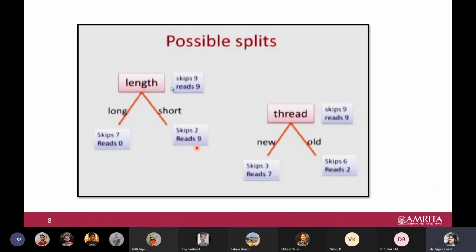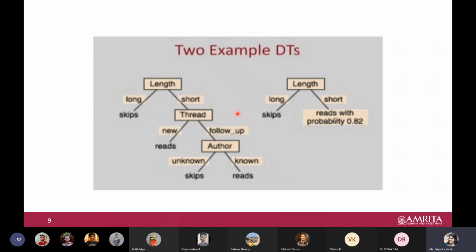So even if you stop growing the tree here, you will make only a very small percentage of error because you have only two skips here. So we can generalize, telling that with a probability of 0.82, I can say that this is the reads class. This is skip class and this is reads class. Reads class with a probability of 0.82. This is also possible. We don't have to grow further till here.